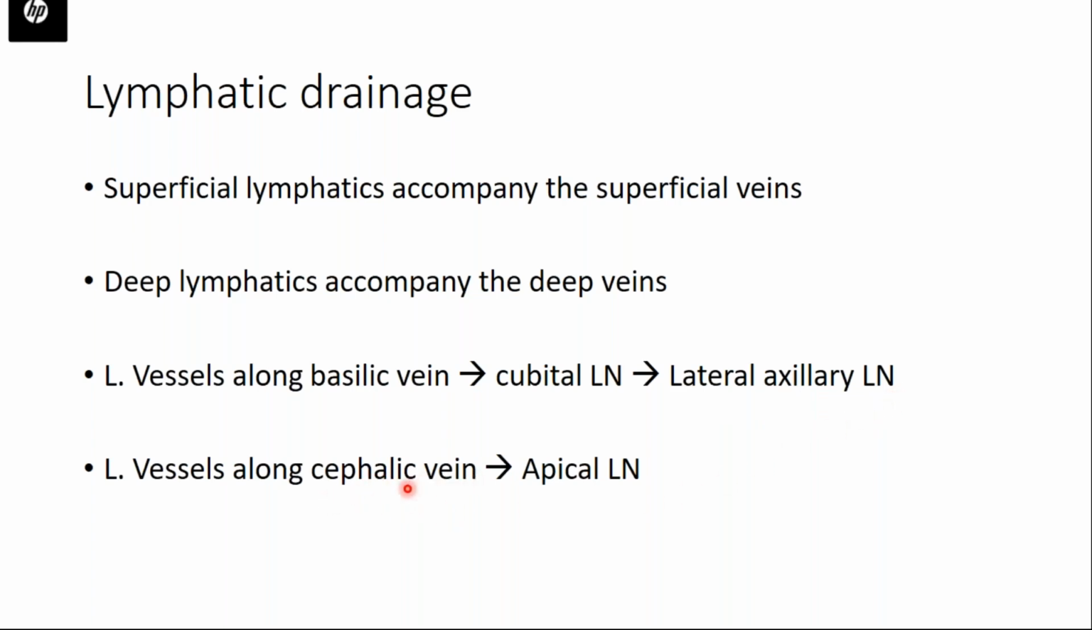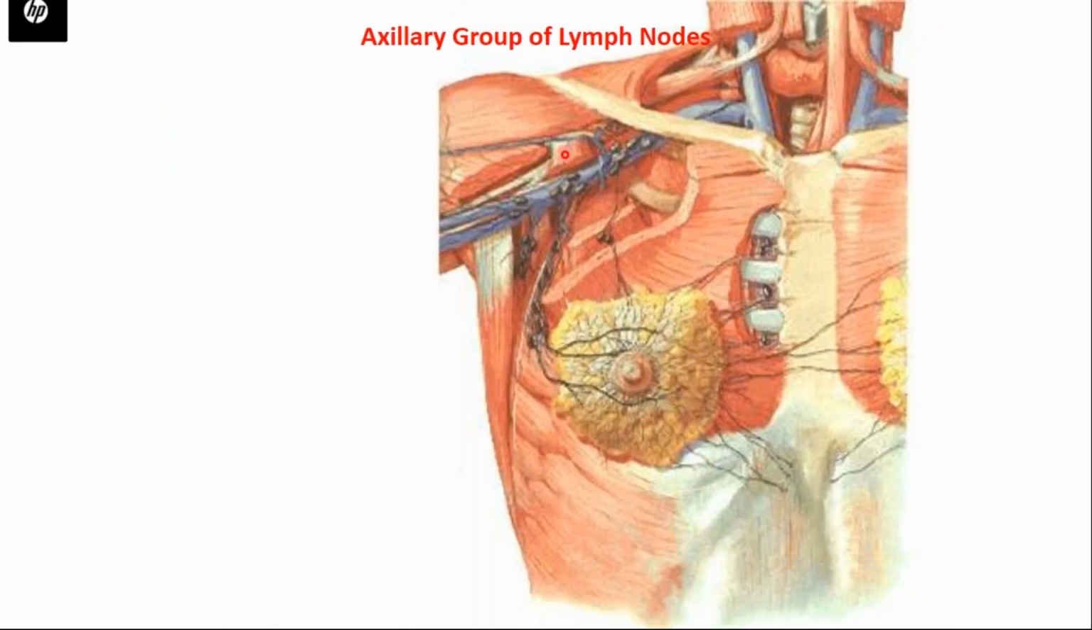Along the cephalic vein, which is present on the lateral side, the lymphatics go into the apical group of lymph nodes, the apical axillary group of lymph nodes. Now if you see in the axilla,